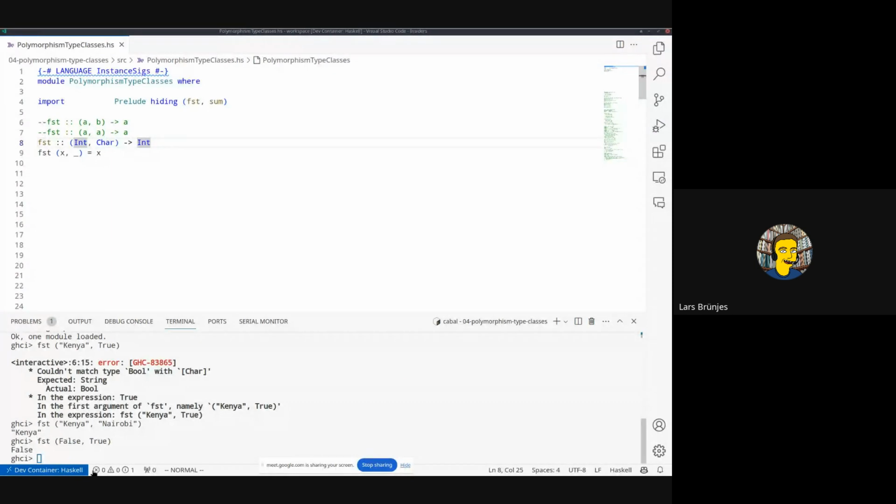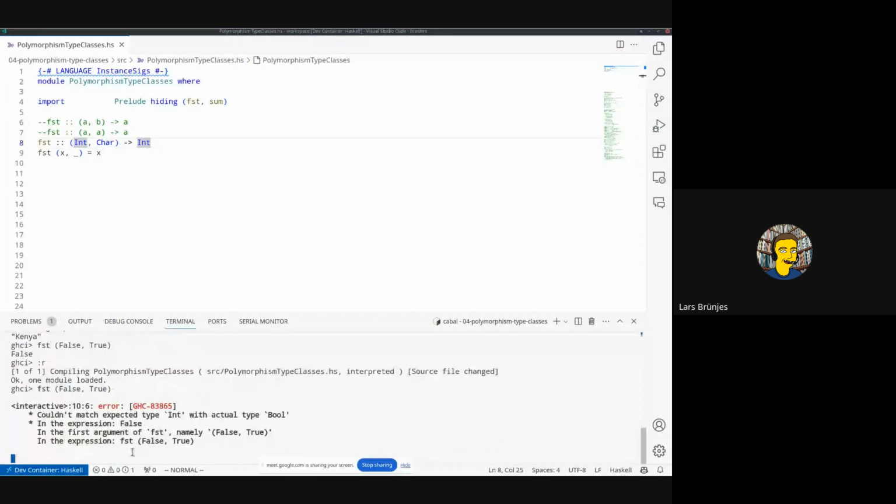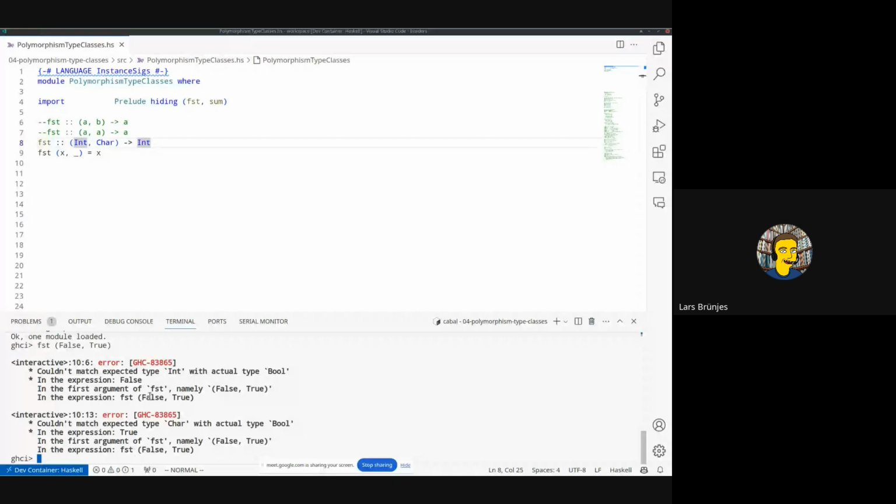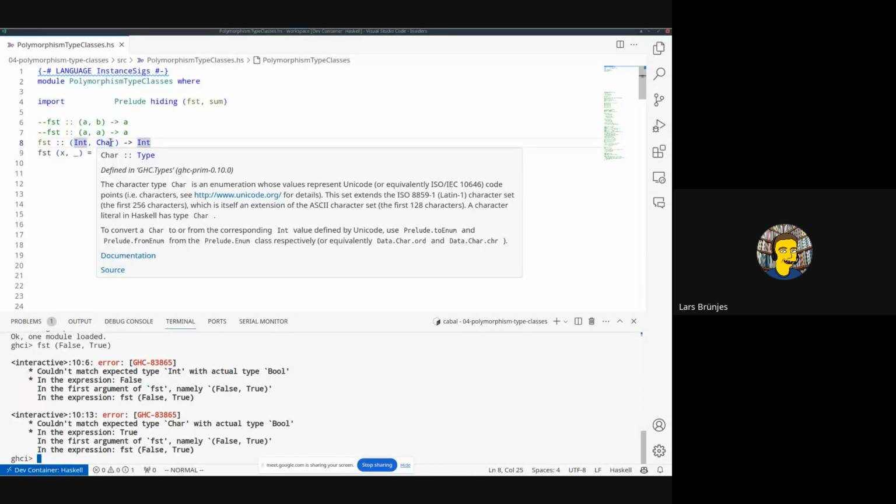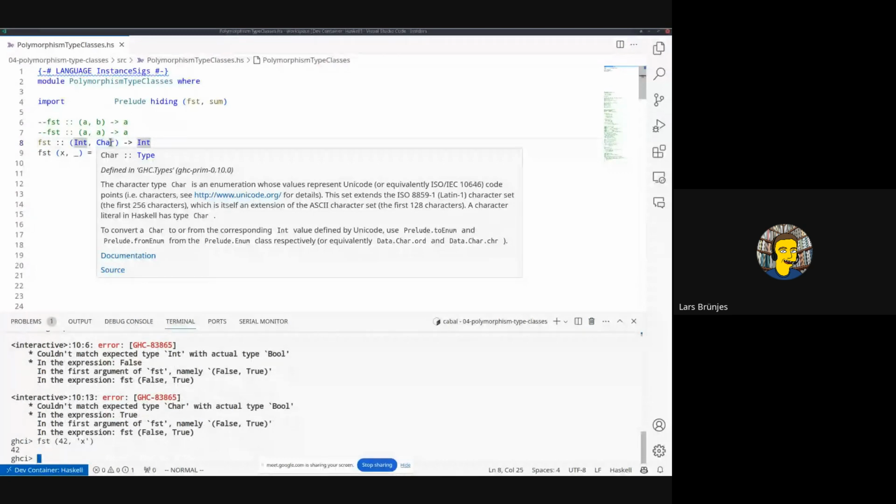So that will still compile, but now this no longer works, because now I say I'm only looking at pairs where the first component is an int and the second is a character. So I can do 42 and x,